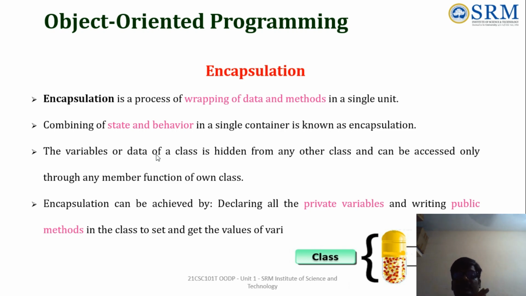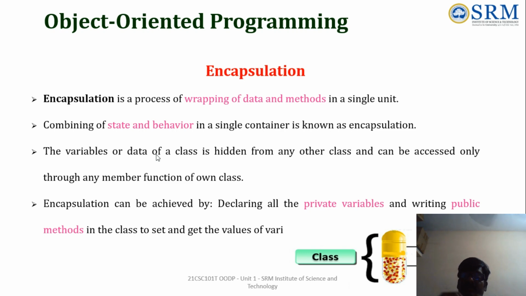The variables or data of the class cannot be accessed from any other class, so automatically it is encapsulated. Encapsulation is achieved by declaring those variables as private. I already said this in abstraction. If you declare that variable with private access mode, it is encapsulated